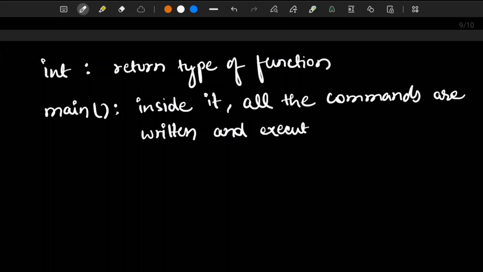And as you move further in this series, you will get a clear glimpse of this function. Till then, just remember that we will have to write all the program inside this block.